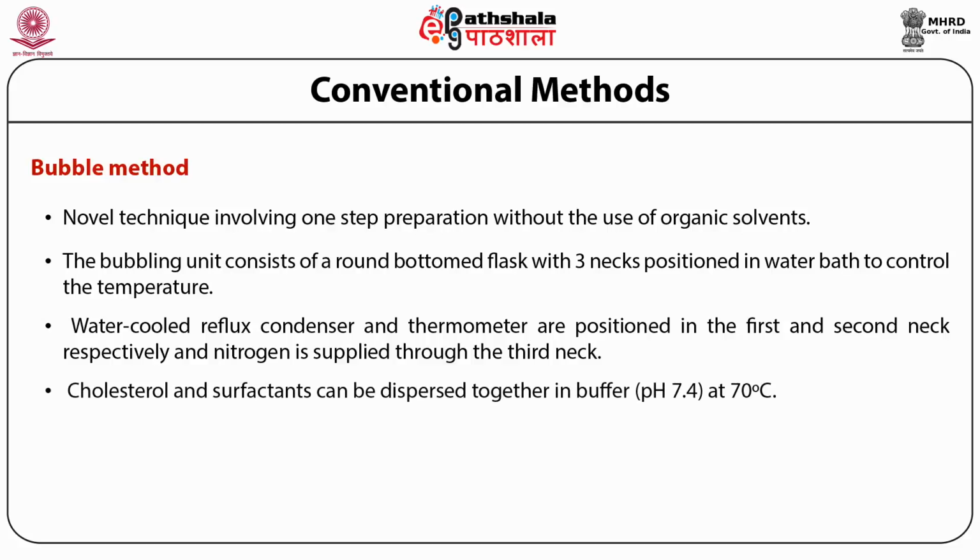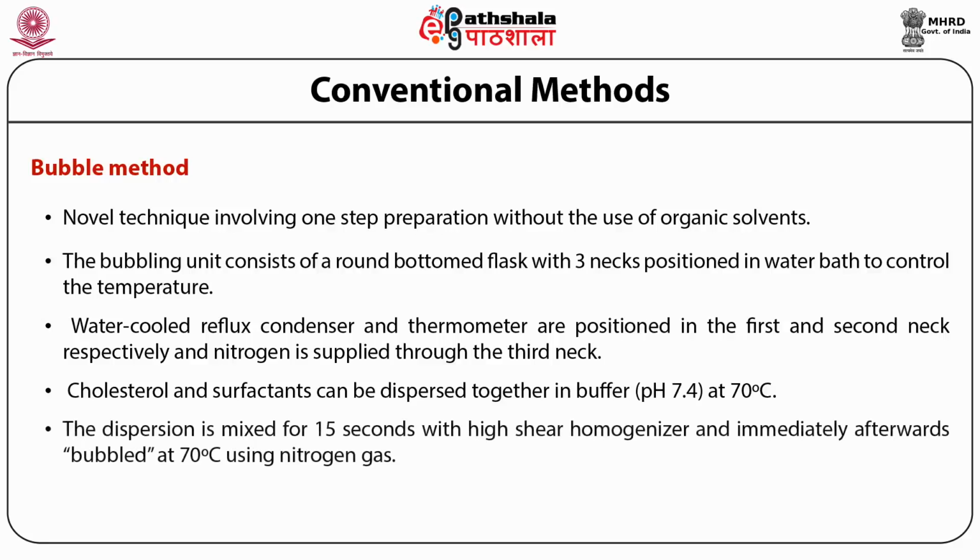Cholesterol and surfactants are dispersed together in a buffer of pH around 7.4 at 70 degrees centigrade. The dispersion is then mixed for 15 seconds with a high shear homogenizer